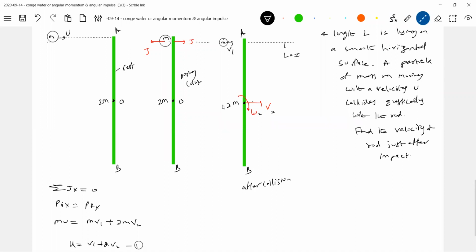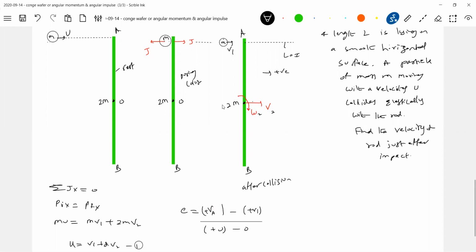This will be the line of impact. Then what is the velocity of the rod after impact? So velocity of point A. Applying the coefficient of restitution formula, e is equal to velocity of the rod, VA, will be positive. Anything directed towards right I'll take positive, plus VA, plus V1, then velocity of the rod, plus U.